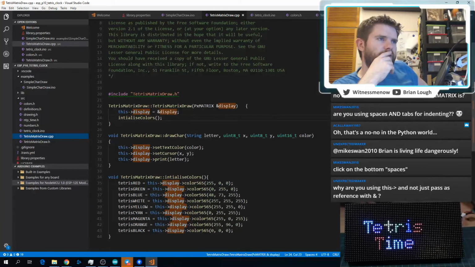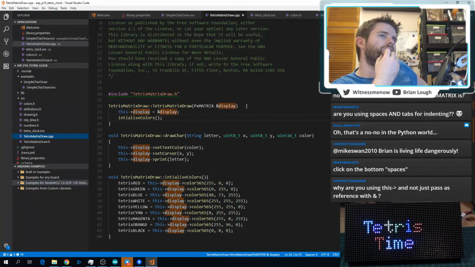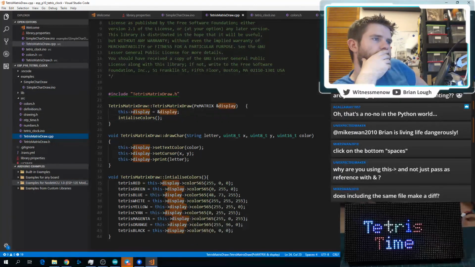This is a definition issue. I really don't understand why. I guess the other one calls Tetris Matrix.h, and this one also calls